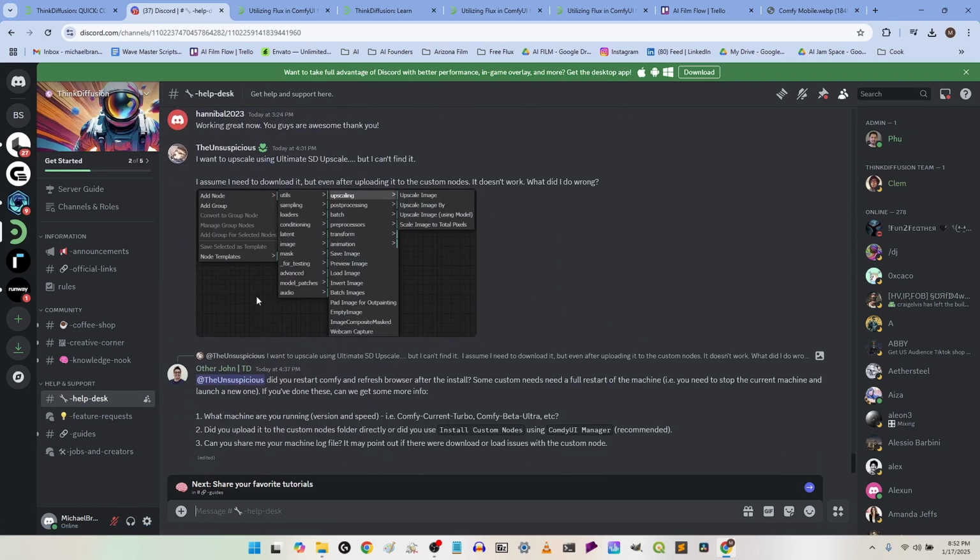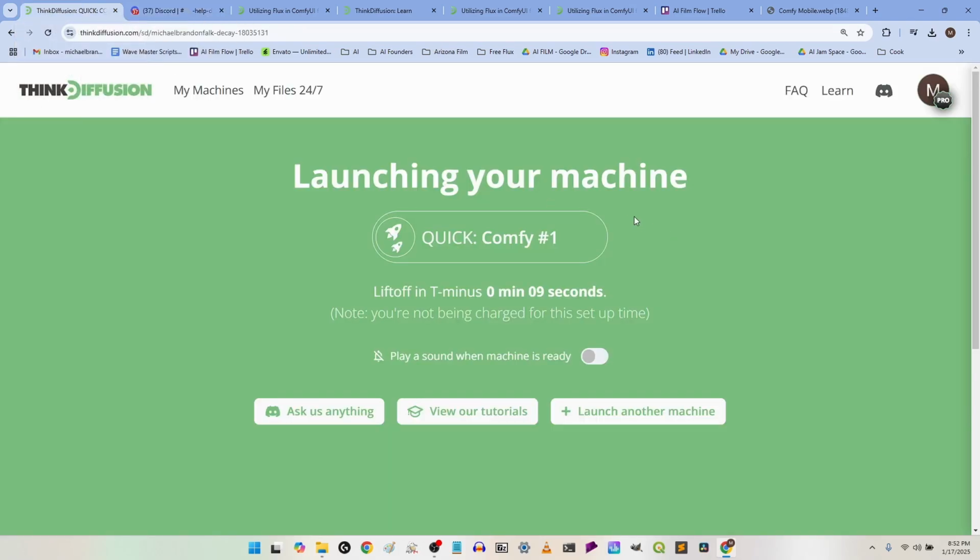So if you're familiar with Discord, that'll be easy for you. If not, it's very straightforward. It's just like a forum where you can read stuff and ask questions, etc. All right, let's jump back over to our virtual machine,